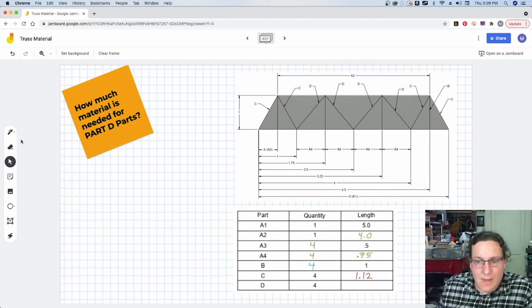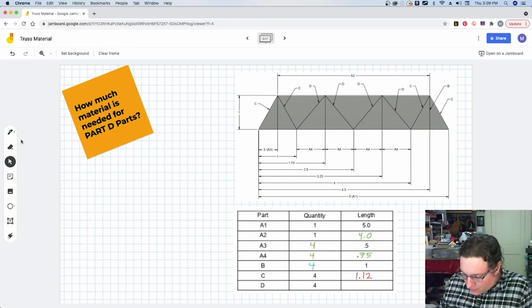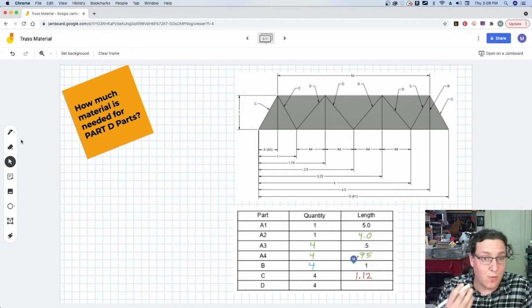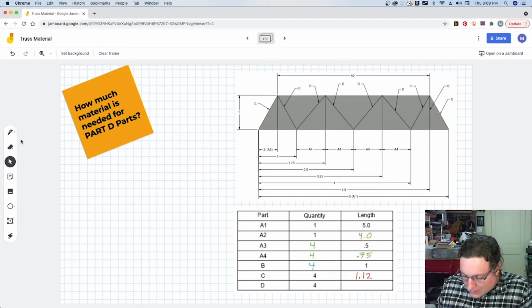So, as noted, we keep moving the data across in our table, so we can see that that 1.12 was added to our table of information, and what's left is we need to go ahead and figure out what is the length of D. Now we approach D the same way,